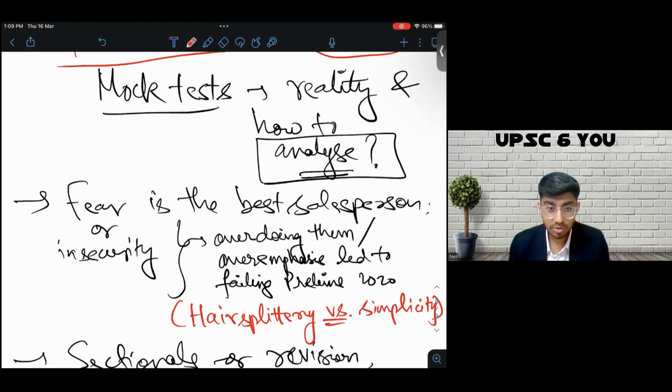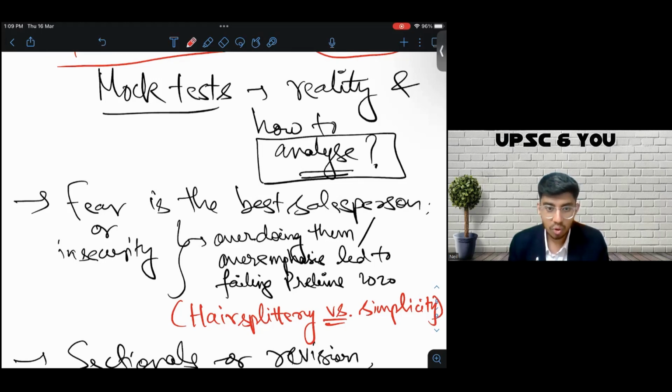And why I'm very particular about it is because I failed prelims in my first attempt, 2018. In 2019, I cleared prelims. I missed getting the interview call by a few marks. And then in my third attempt, I again failed prelims. In my third attempt, 2020, I failed prelims not because of lack of knowledge, but because I was